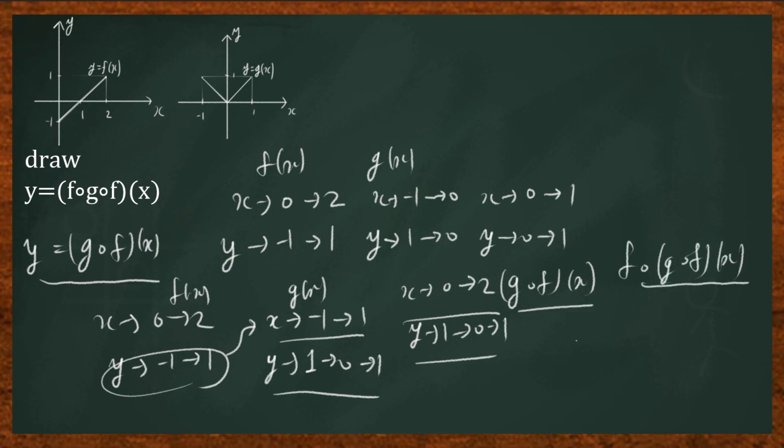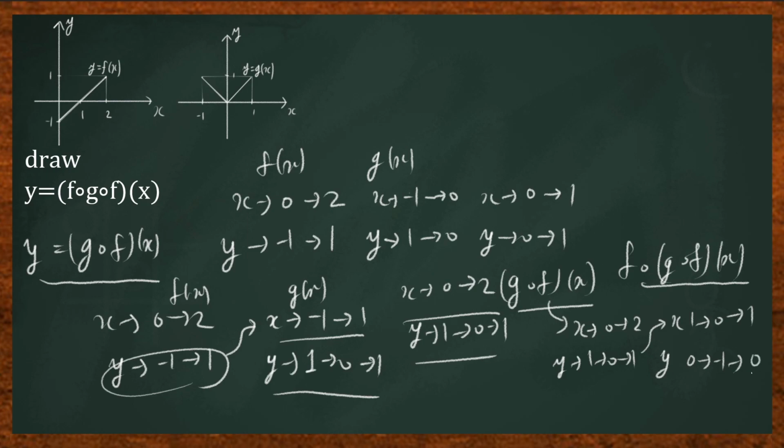We know that for g(f(x)), when x moves from 0 to 2, y will be moving 1 to 0 to 1. And this y moving 1 to 0 to 1 will become x moving 1 to 0 to 1, and that will be put into f(x). When that is put into f(x), the result y will be shown like this, moving from 0 to -1